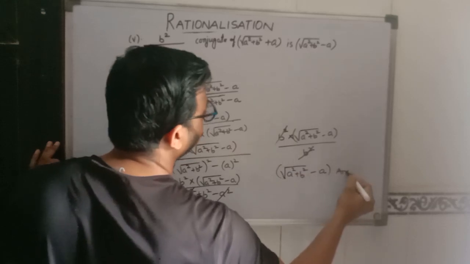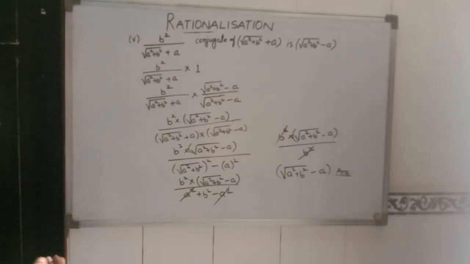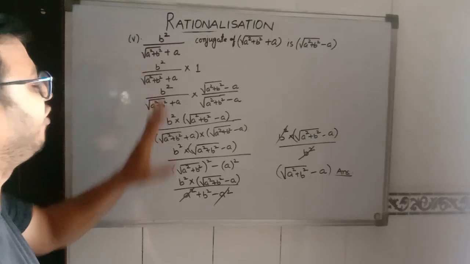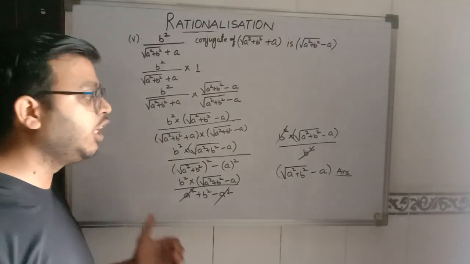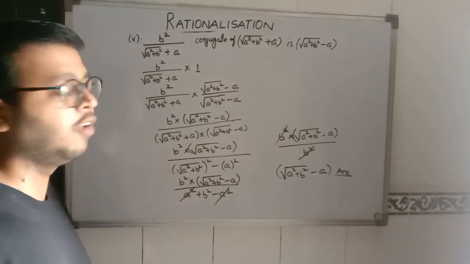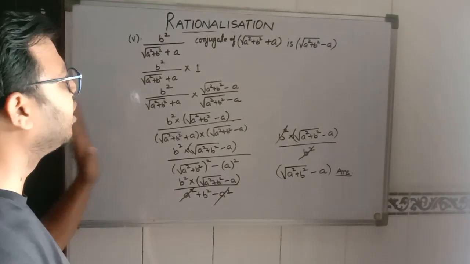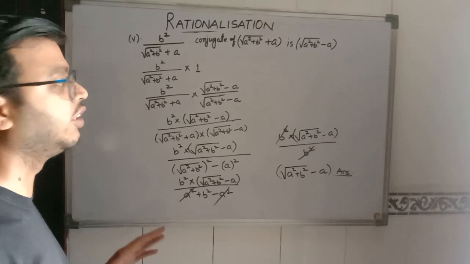So that is the final answer. You can see that there are not any numerical values, all the variables are there. Then also we have to follow the same step. We don't need to be afraid of the question. If we have conceptual knowledge, then we don't need to change any of the steps.